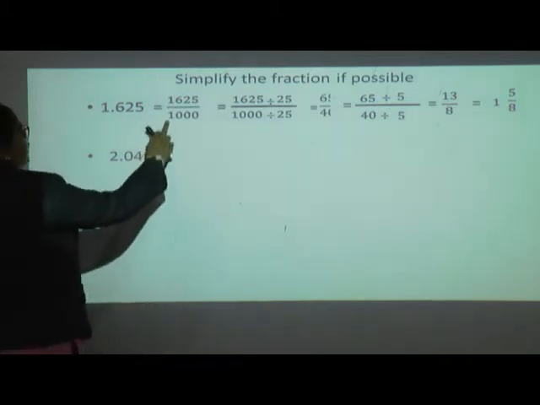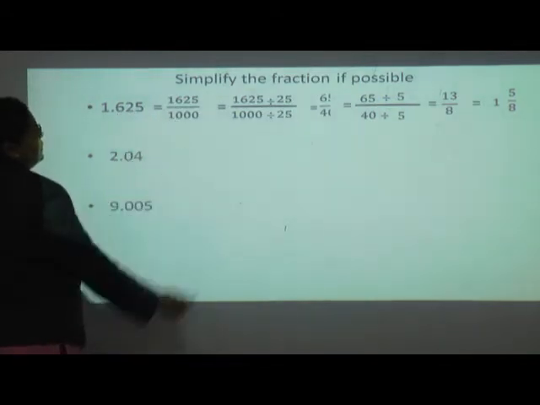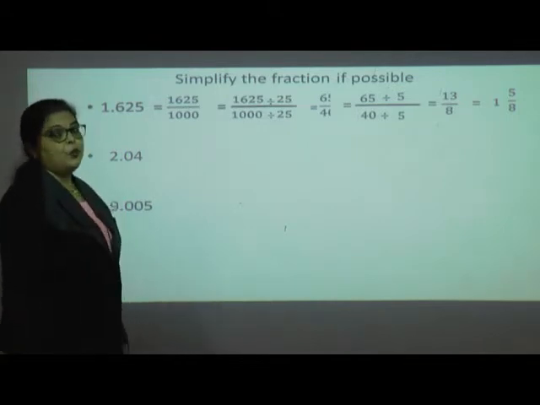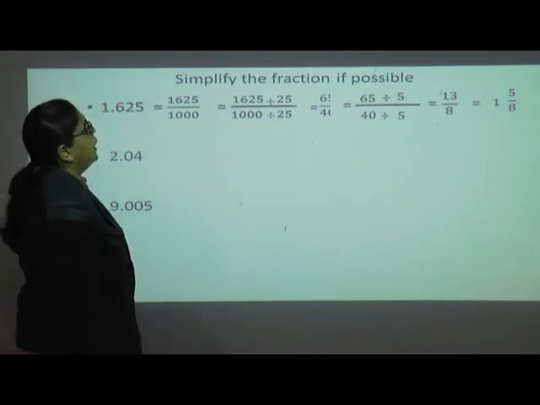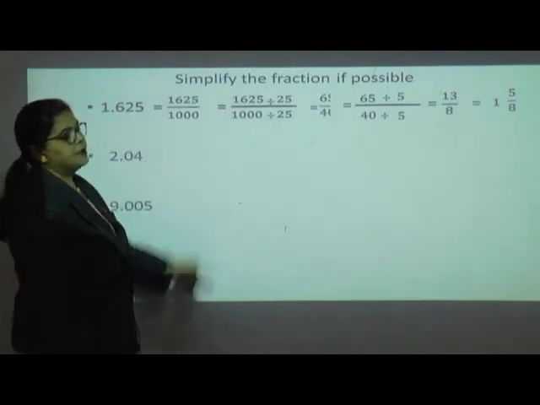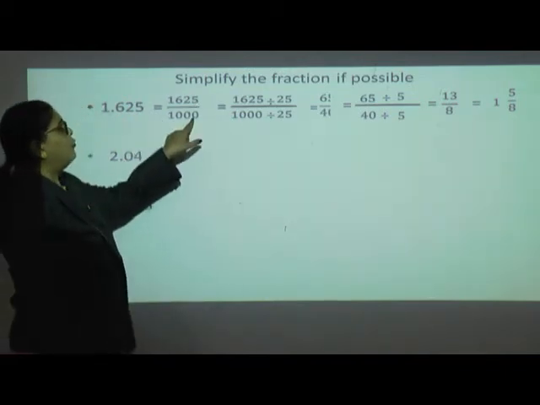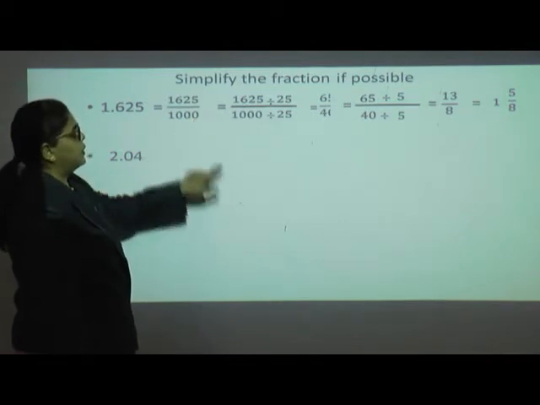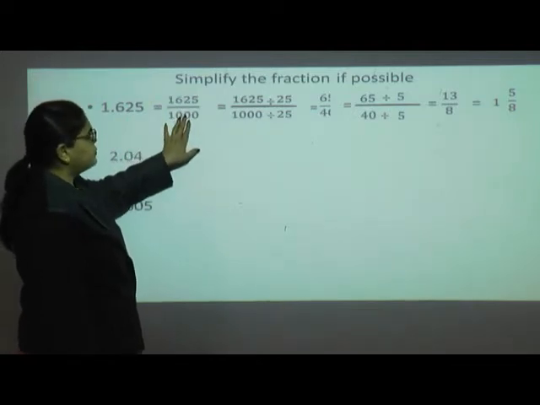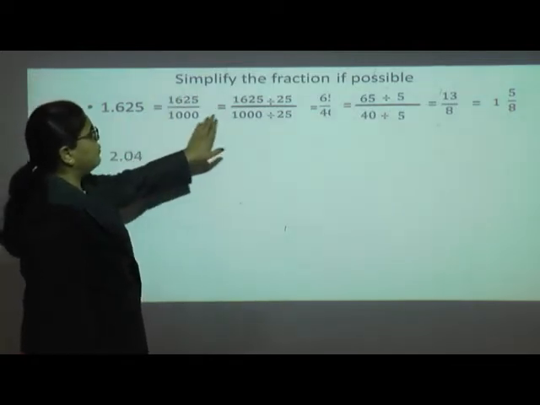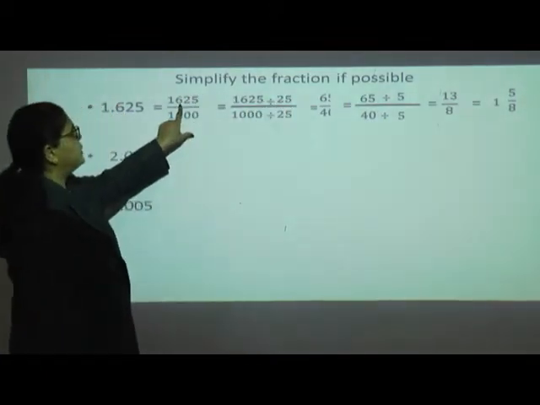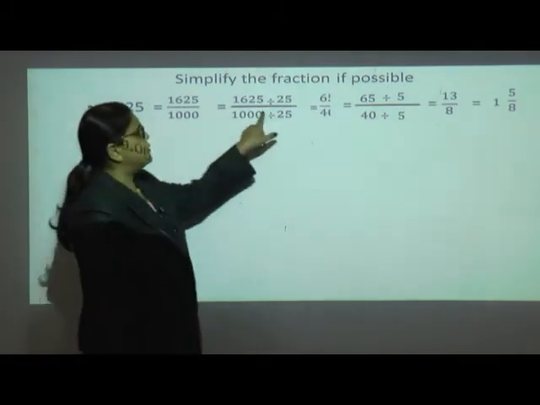So we have to write as 1. We are having 3 digits, so we write as 1000. Now we had already learned the test of divisibility. You have to apply here the test of divisibility and try to reduce it. When it is 5 in the ones place, that number is always divisible by 5, or when it is 0 in ones place, that number is also divisible by 5. But that will be a longer method of division. We will check directly with 25. So we will divide by 25. Is this number divisible by 25? Yes, it is divisible by 25.